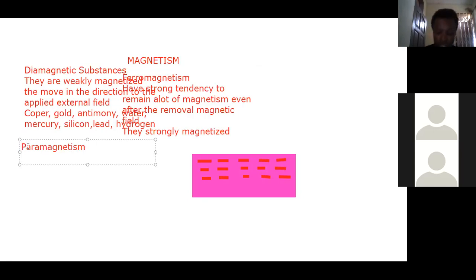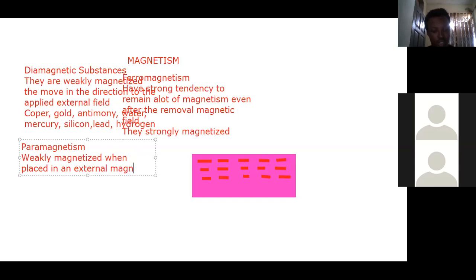With paramagnetic substances, they are weakly magnetized when placed in an external magnetic field, and they move in the same direction as the applied magnetic field.